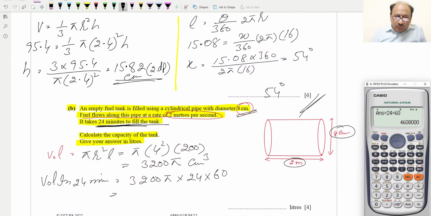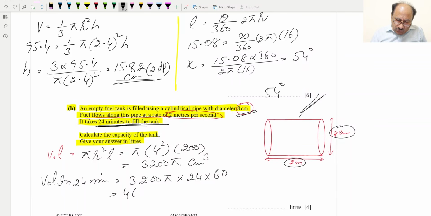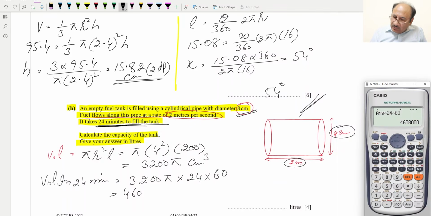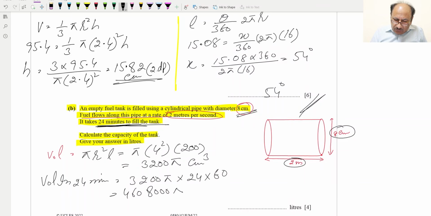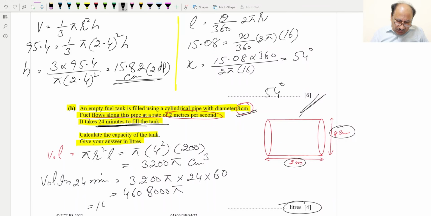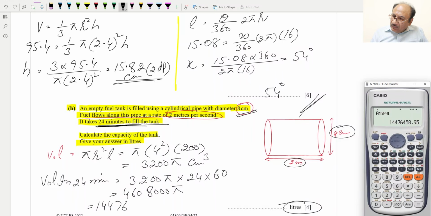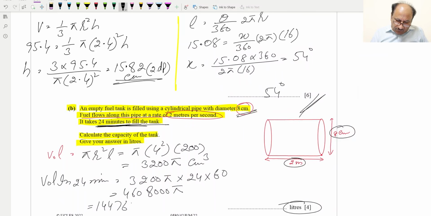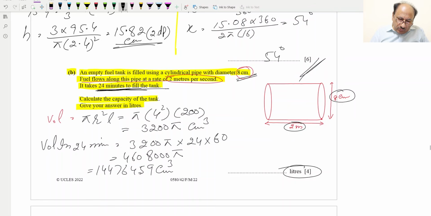So we can write 4608000 pi. The answer we require is in liters, so if we multiply this number by pi, it will be equal to 14476459. Now this is centimeter cube, but to convert into liters, what we can do is